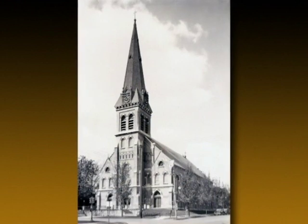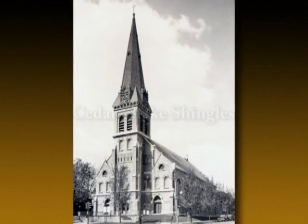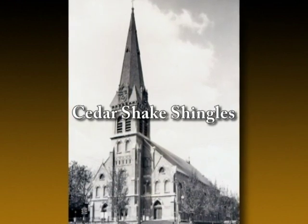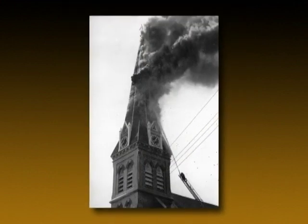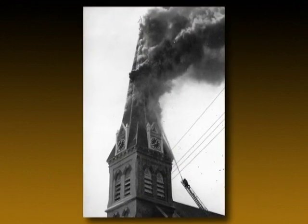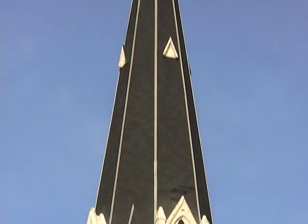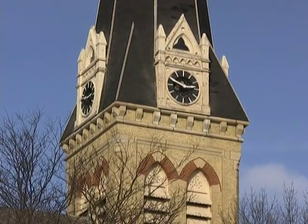Our church steeple was originally constructed in 1873 with Wisconsin cedar shake shingles. In 1919, the steeple shingles were replaced with transite shingles, which are commonly referred to today as asbestos shingles. In August of 1974, our beloved steeple caught fire, and we were able to fix it by using asphalt shingles. Since then, weather and age have taken a toll, and our beautiful church steeple is in need of restoration and